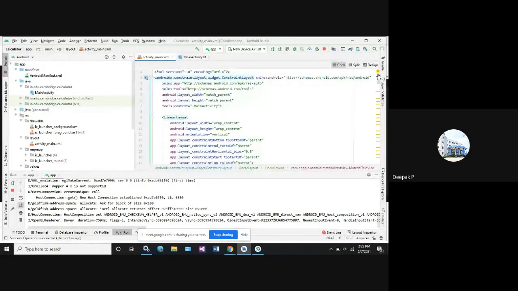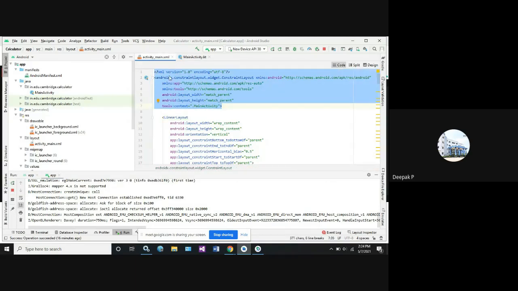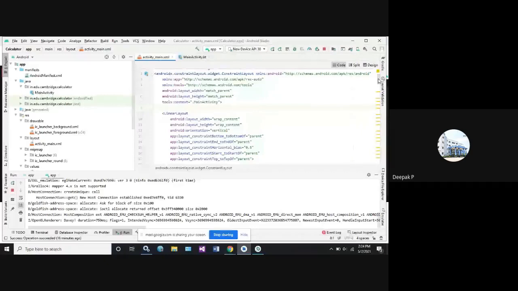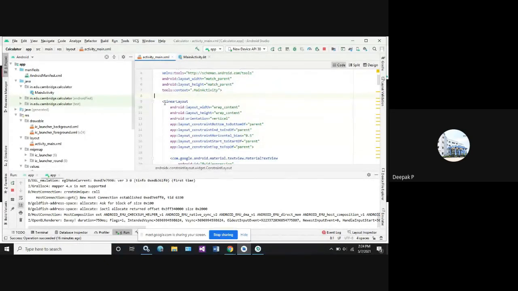In the last program, we discussed the contents and how to add the text view to the screen. The same thing is written here. As usual, the first part is the header, that is the XML declaration, to load the data to the app emulator. Next, what is the content? I need my display in the form of a linear layout, hence I am taking the tag as LinearLayout.